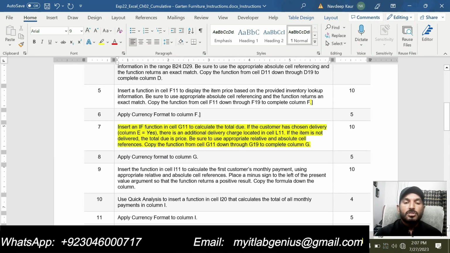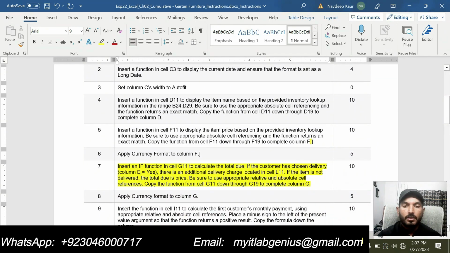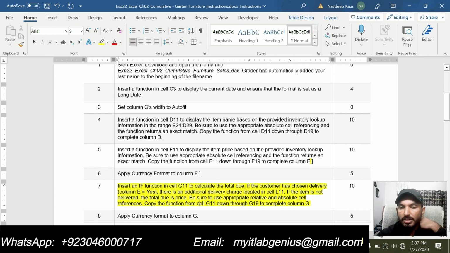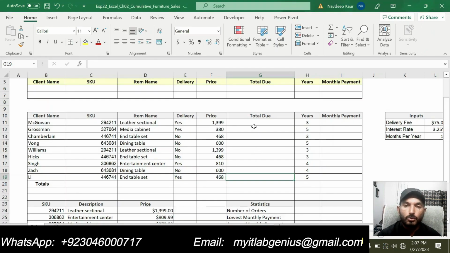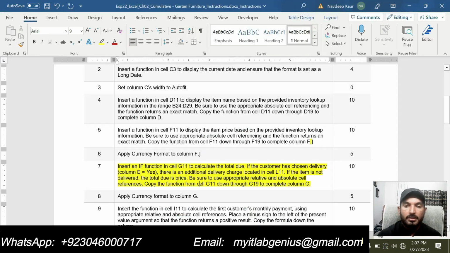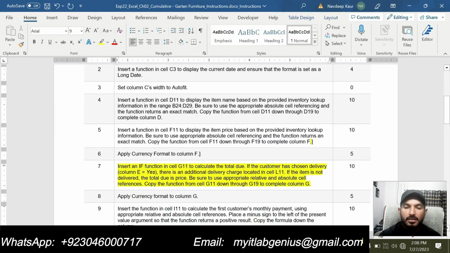So step number 7 is insert an if function in cell G11 to calculate the total due. So now we are supposed to calculate the total due in cell G11. So we are using an if function, so there will be two conditions for this if function. So the first condition is if the customer has chosen delivery, column E is equal to yes, meaning if the customer is taking it as delivery, it is yes, then